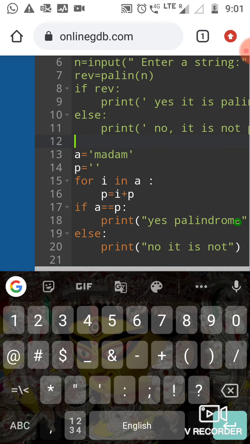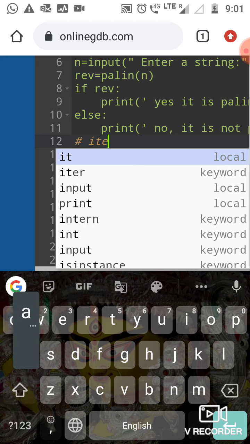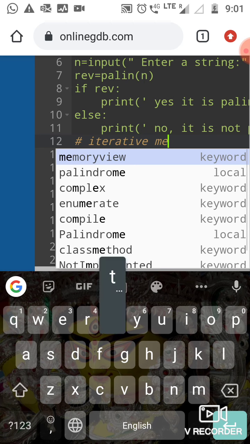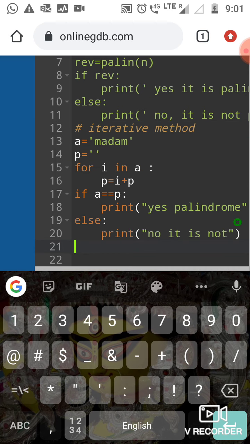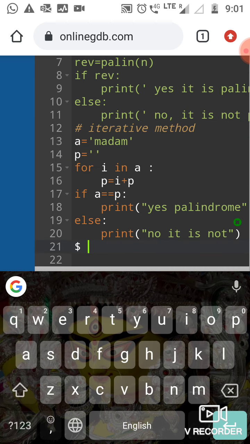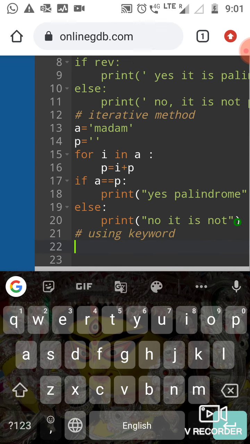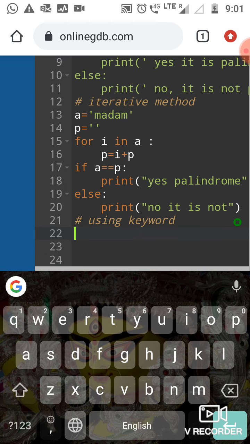That is the iterative method we are using here. And after that I will show you the predefined function, sorry, a module using the reversed keyword. We can also run the program. Okay, so how we write, so firstly